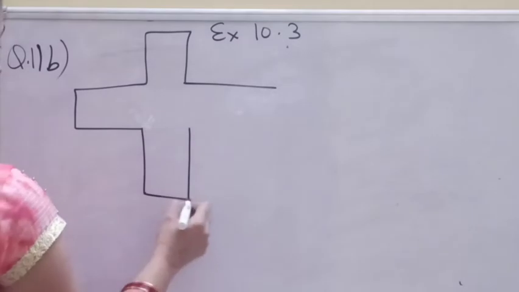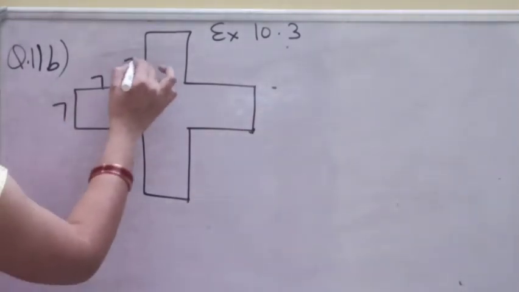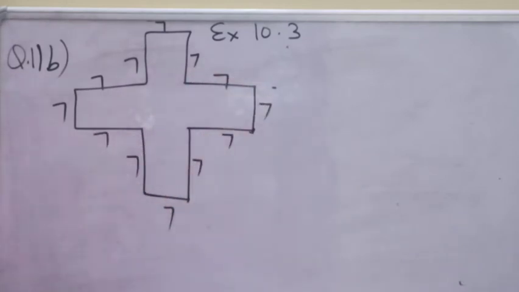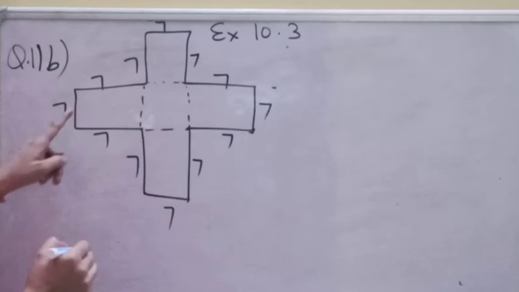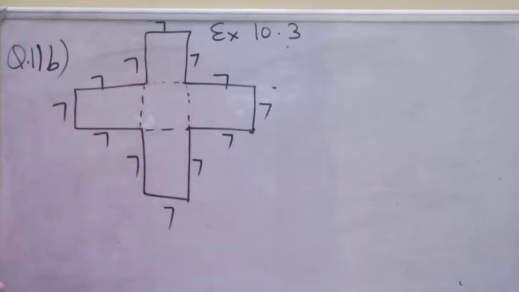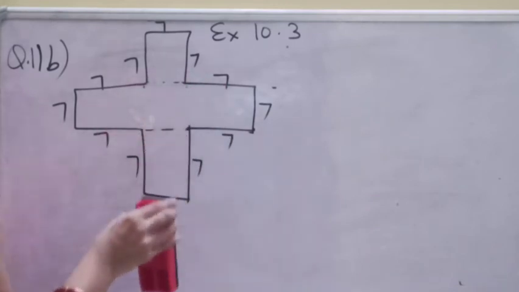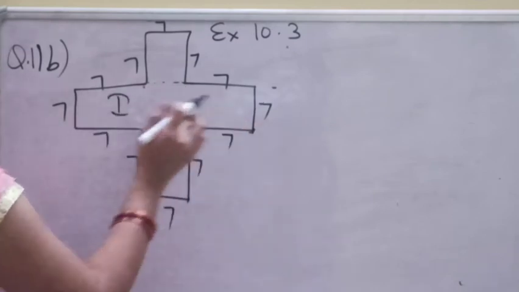This way a shape is given to us and all sides are 7, 7, 7, 7, 7, 7, 7. Everywhere we are having 7. So what we have to do? We have to split it into rectangles. But as all sides are given, if we split here like this, then these will become squares and we want rectangles. So what we will do? If we join this, then this complete part will become our first rectangle.